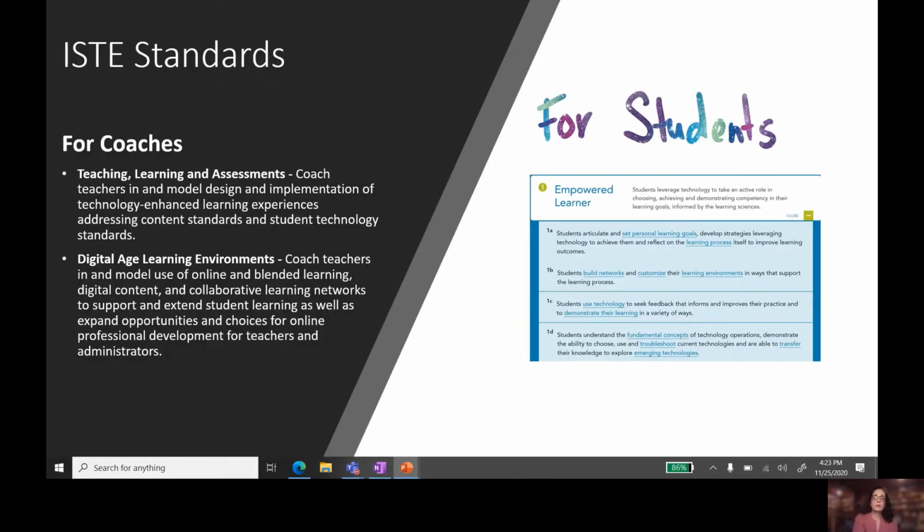It's great, of course. ISTE standards are there. It's model and design implementation of technology enhanced learning experiences, for those coaches that may be interested in helping teachers do this. Definitely gets us into that digital age learning environment, and I can just repeat multiple times that